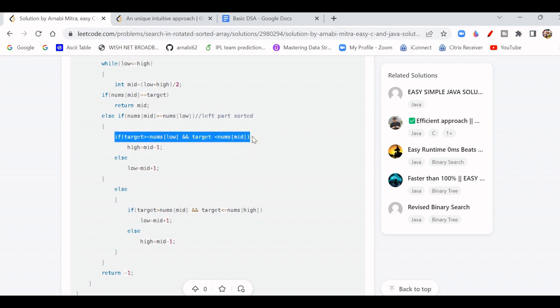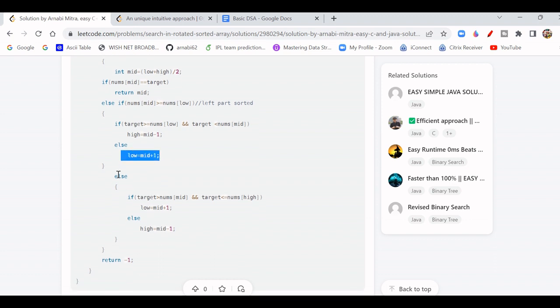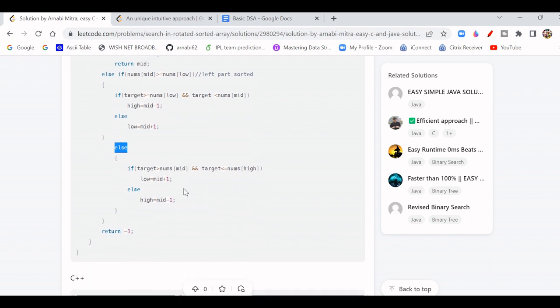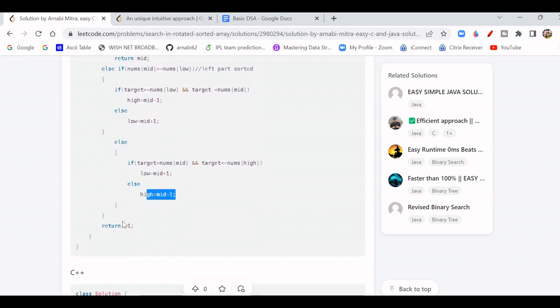So if it's in the sorted order, then I will make the range from low to mid minus 1, else our range will be mid plus 1 to high. Else if left is not sorted, then obviously the right part will be sorted. And we will again check if the value is greater than mid and less than or equal to high. If yes, then our range will be mid plus 1 to end, the same range here. Else our range will be low to mid minus 1, and if we are not able to find it, we will